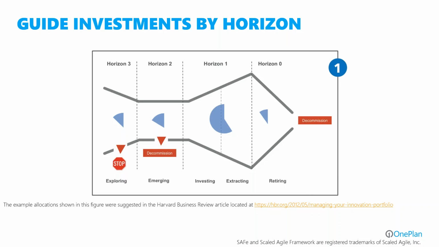What this is very helpful for, and again, I've used this and it really is effective. It's not, by the way, a new idea. I think it was developed by McKinsey some years ago, and it's been refined ever since. The idea is basically when you're thinking about your budget, let's say you're sitting down to do your annual or 6-monthly budget, not only can you focus on funding value streams or big product areas if you're thinking about products instead of value streams, but you can also set targets for your budget based on